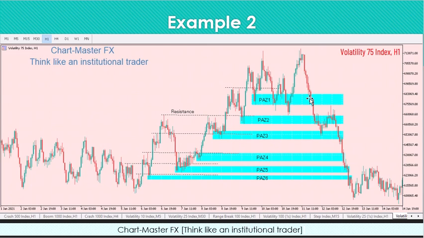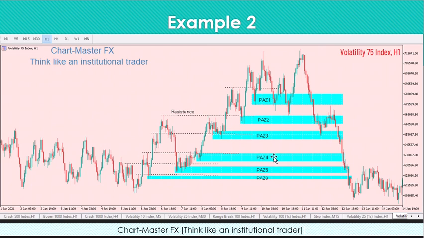It was held by price action 1, and the price dropped and finally engulfed price action zone number 3. Once price action zone number 3 is engulfed, then we know that the next target is price action zone number 4. So the price came here to retest just a little bit, and it came down and engulfed